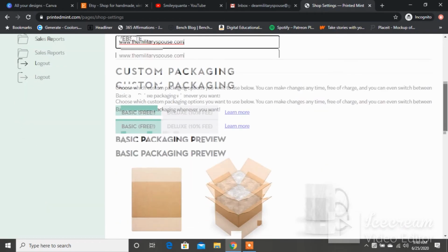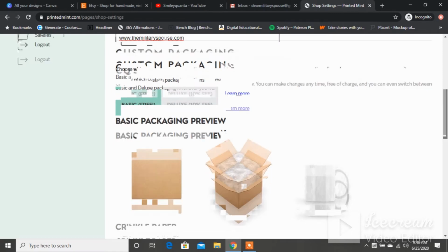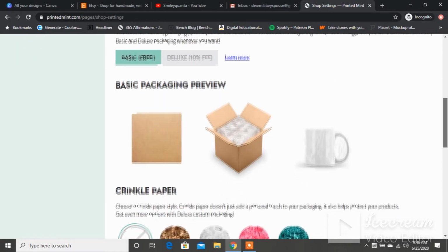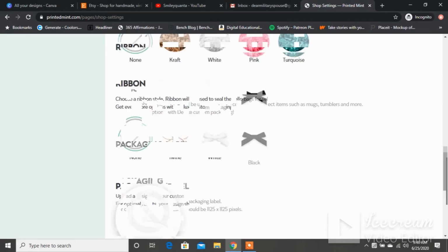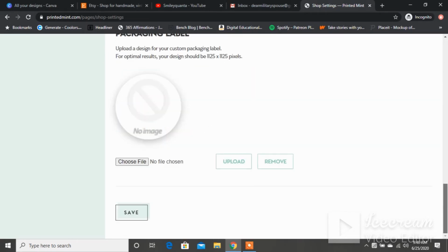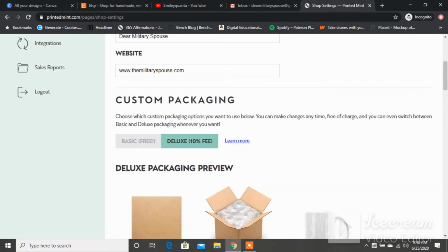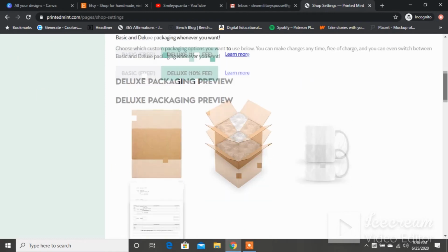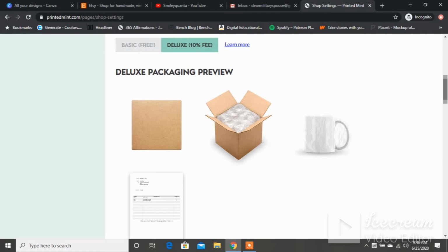Do you want the basic, which is free? So it says choose which custom packaging you want. So basic packaging is, you know, bubble, crinkle paper, and a ribbon, and then you can put a packaging label. But you know, it's bougie, so we won't take that 10% fee because we want this upscale look, right? So we're gonna get the sticker on our box, the bubble wrapping, the plastic wrapping, the